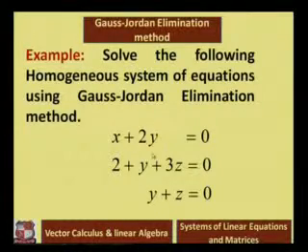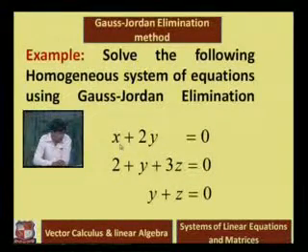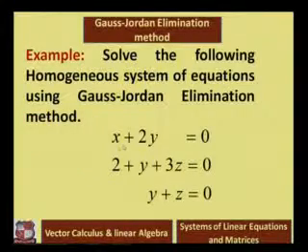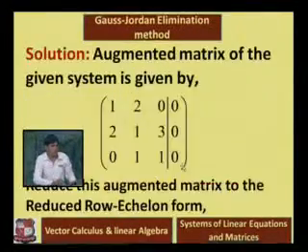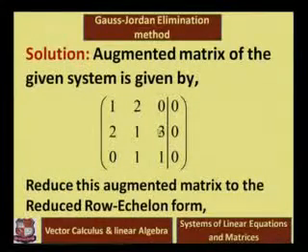The system of equations is given in the form x plus 2y is equal to 0, 2x plus y plus 3z is equal to 0, y plus z is equal to 0. That is the augmented matrix of the system, and we wish to convert this matrix into reduced row echelon form. For that,